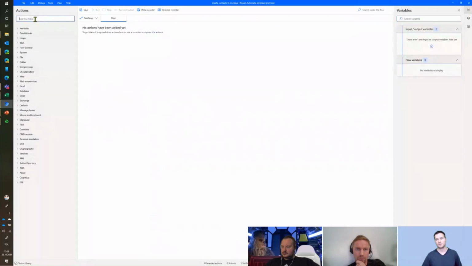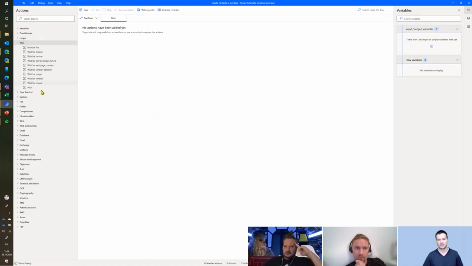So then the Power Automate would save the Excel file, for example, to OneDrive, and then the Power Automate Desktop would be triggered. So the first action in that scenario would be to wait for a file. I would be waiting for the file until it is created, but I'm not going to use it now because I will not complete the full scenario.